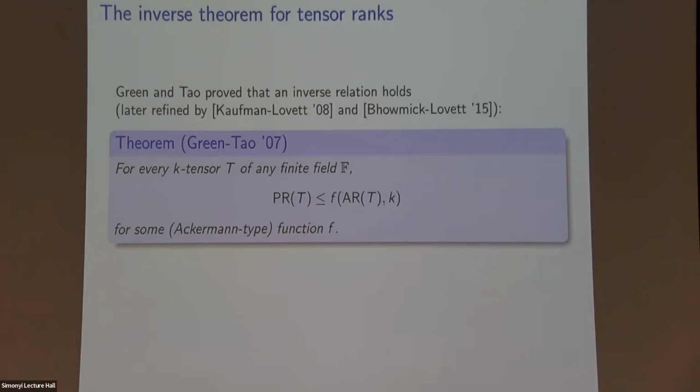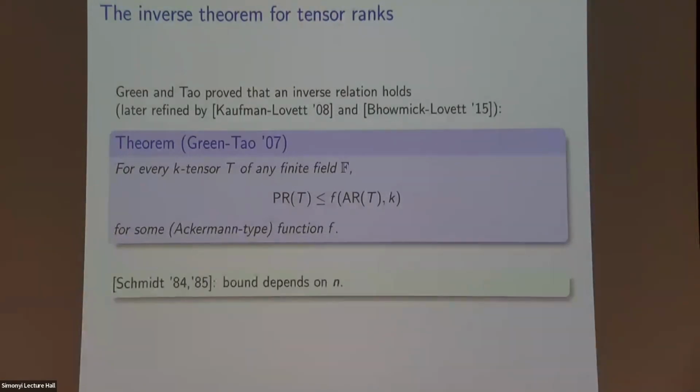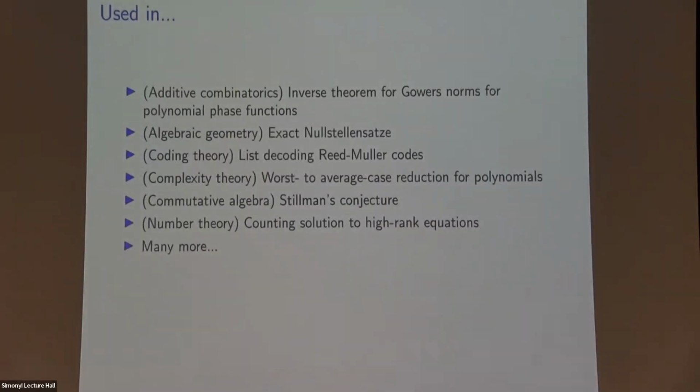These three works all use the same kind of regularity type arguments for polynomials or tensors, which is very inefficient. So the bound that you get here is Ackermann type growth. She mentioned that actually a similar problem was already looked at in number theory by Schmidt and maybe even before him. The difference here is that those results actually did have a dependence on the number of variables, which we do not want. In terms of applications, there's plenty of them,